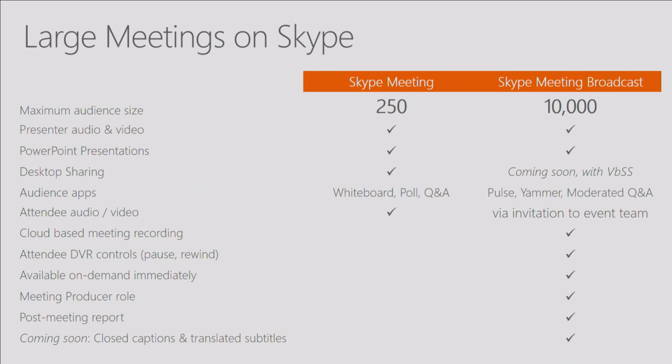And then finally, we have our post-meeting report. At the end of the event, I can see a history of who joined, when they joined, what they did, if they paused, rewound. I see basically every action that a user did, and how long they viewed. I can see what browser they were on, what network they were on, what device they were on. So you can get a lot of telemetry from the event after it takes place.